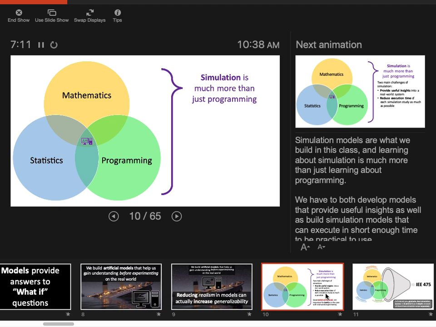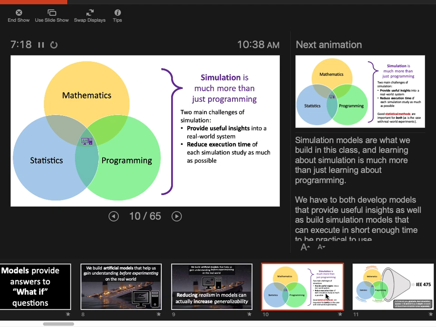To do that, we're going to borrow tools from mathematics, from statistics, from programming. So the big point here is that this course is not just a programming course. It is largely a course that takes all of these things and integrates them from your past courses in order to try to build these models that have useful insights, but also are executable on machines in a relatively short period